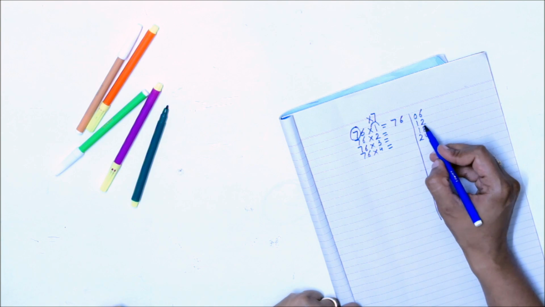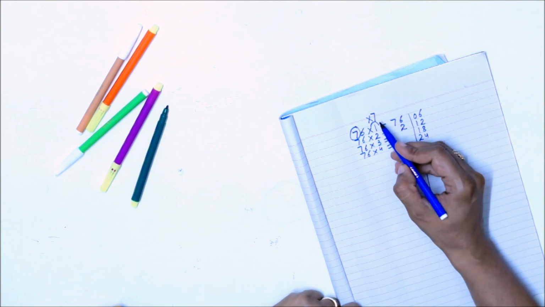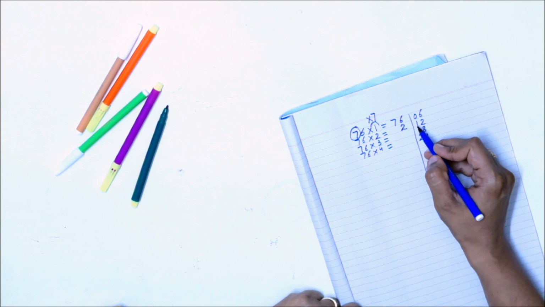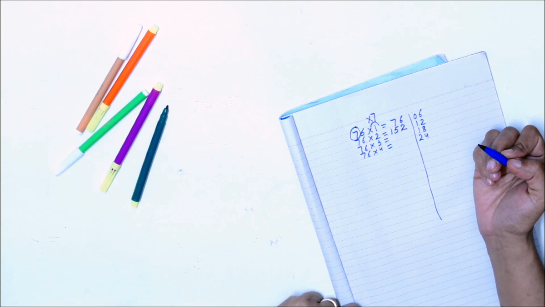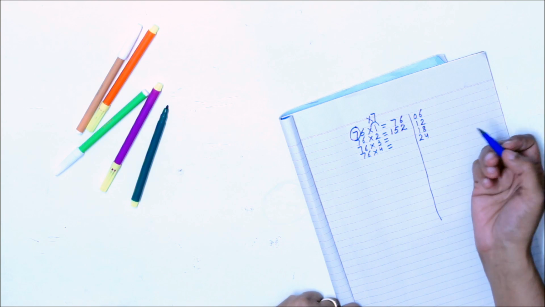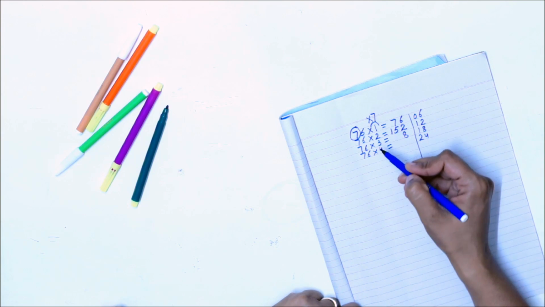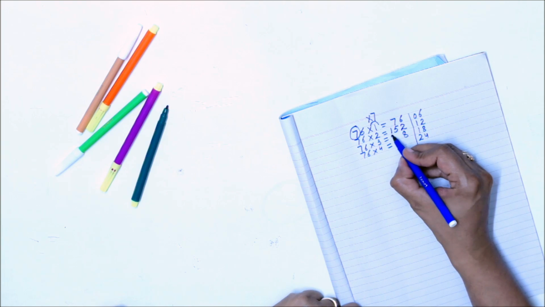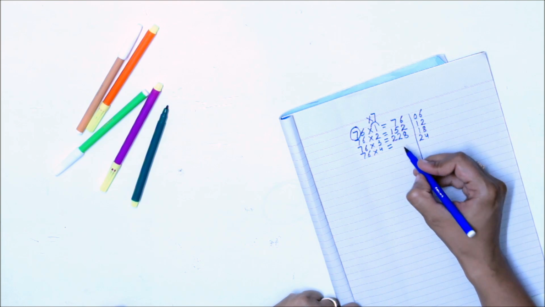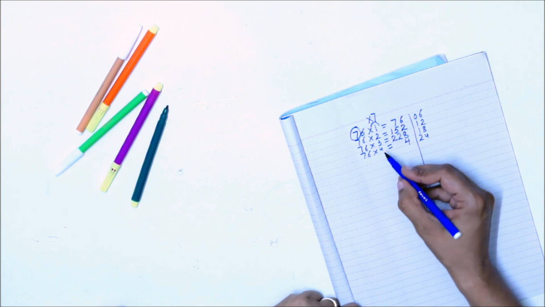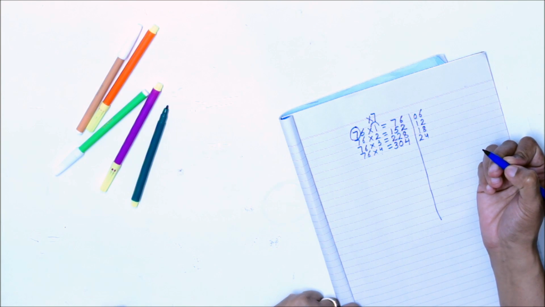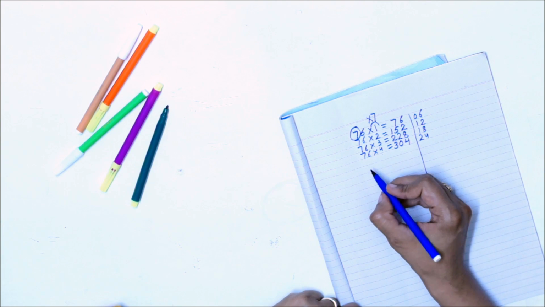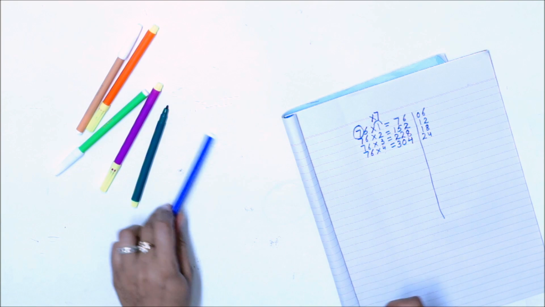76 times 2. This 2 as it is. 7 times 2, 14, and 14 plus 1 is 15. As you can see how quickly I am able to write this table. 8, 7 3s are 21, 21 plus 1, 22. 4 as it is, 7 4s are 28 plus 2, 30. As simple. Now if I take another number,